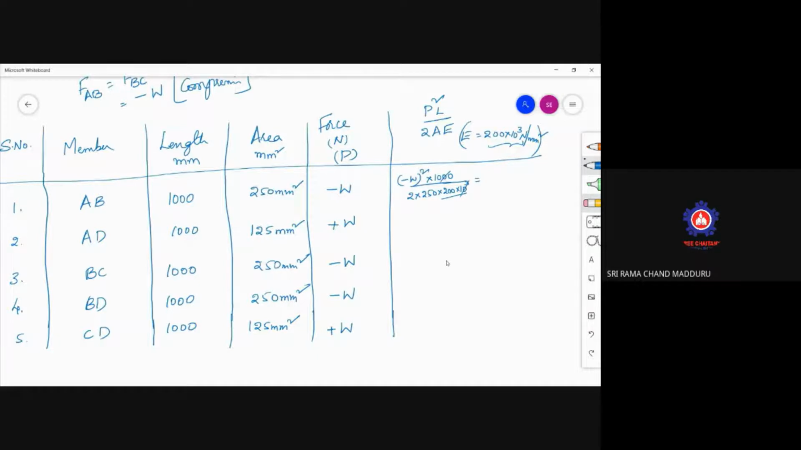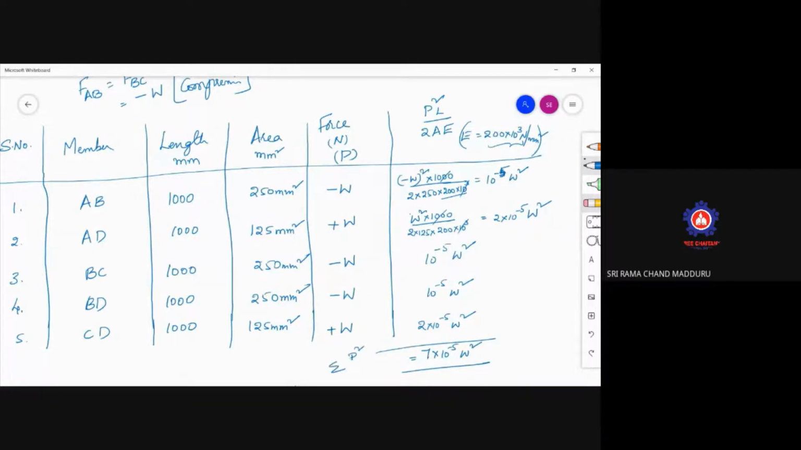So what is this value? Similar way, substitute here W square into 1000 by 2 into 125 into 200 into 10 cube. So 10 cube, 10 cube cancel. So what is this value? Minus 5 into 10 power minus 5, 2 into 10 power minus 5. A total of sigma P square L by 2AE is nothing but 7 into 10 power minus 5 W square,